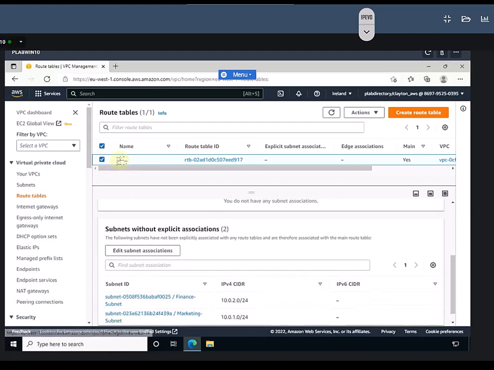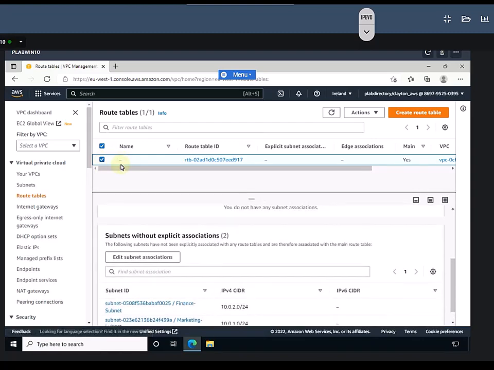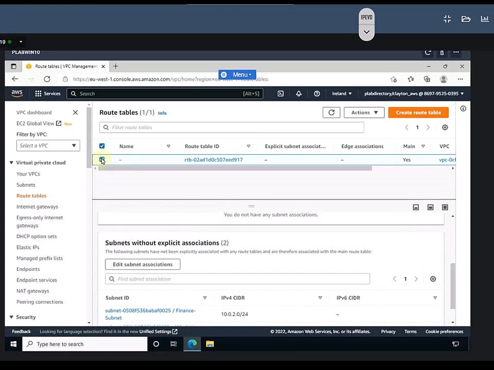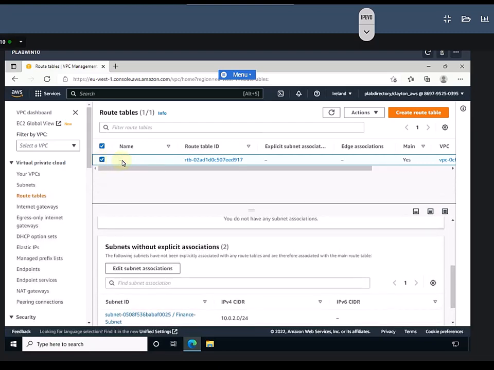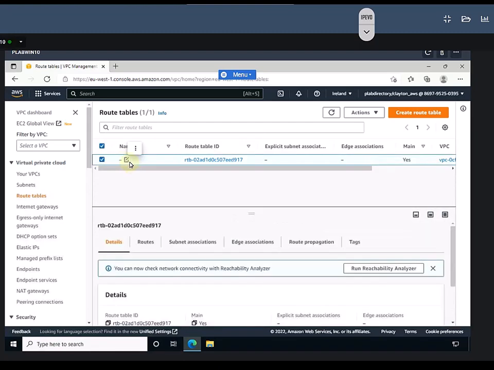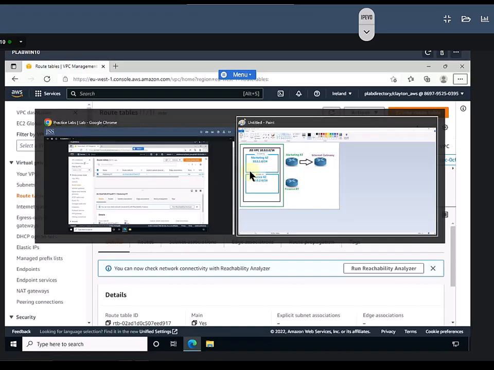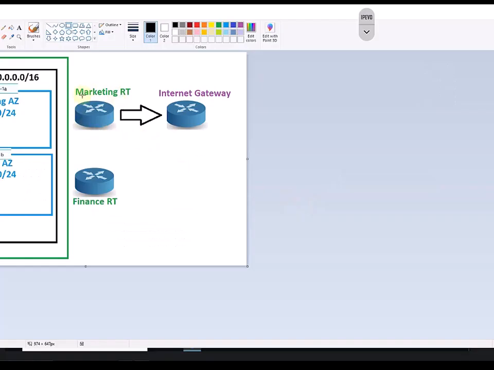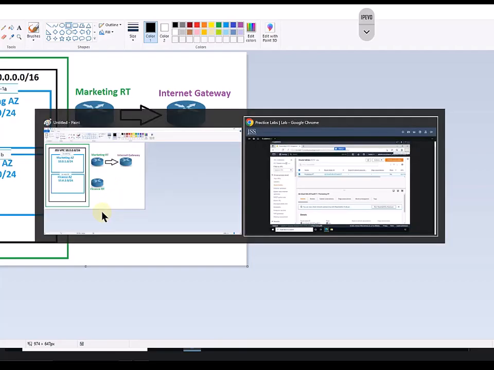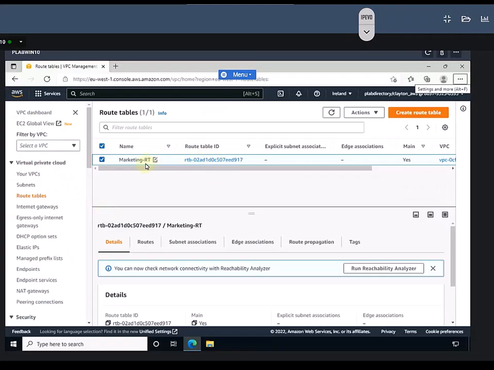just click on the name and name this one marketing routing table. Okay, save this one. I have to create two routing tables as per my topology, one for marketing and one for finance. For marketing, it is already there. I didn't create it; it was created by AWS automatically. For finance, I'm going to create